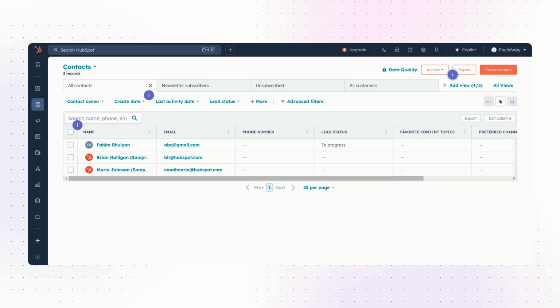Now that you are logged in, let's take a look at your HubSpot dashboard. This is where all the action happens. On the left, you will find your contacts. On the right, you will see areas like tasks, deals, and activities. The dashboard is easy to navigate and customizable to fit your needs. You will see all the notifications to follow up on tasks that are due, making it easier to stay on top of the team.